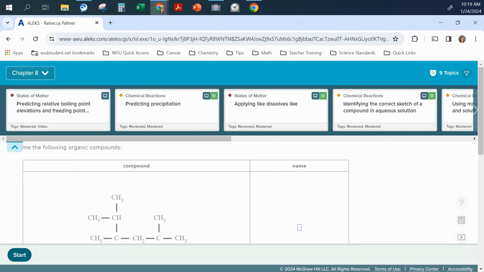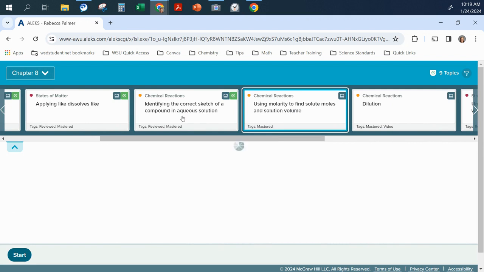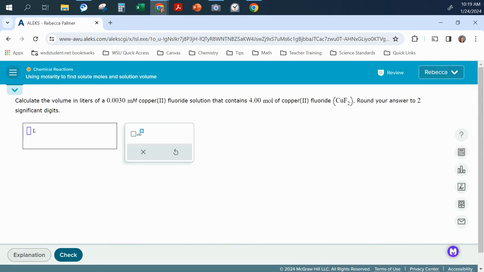Okay, let me also pull up our topic. I think this is the next one: using molarity to find solute moles and solute volume. But let's just check really quick. Topic is